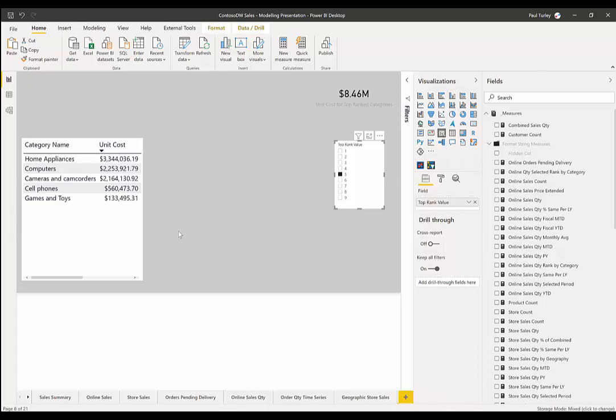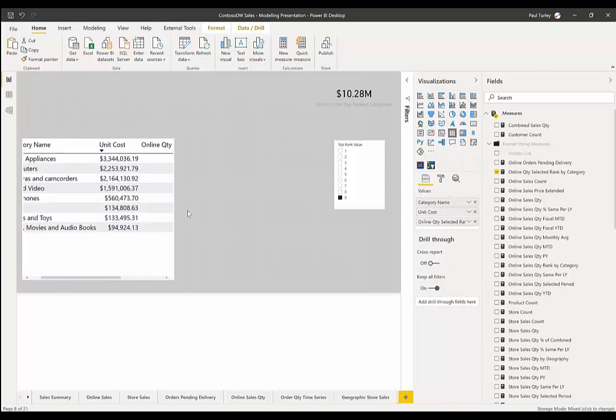So as you can see, I have my total unit cost right here by category, and I want to be able to give the user the ability to say, I want to see my top 5 categories, or top 7, or top 9, or top whatever, top 25, top 50, top 100. So the first thing that we're going to do is we're going to rank them. And if you expand this, first of all, let's see this in action. There's my top 9 categories.